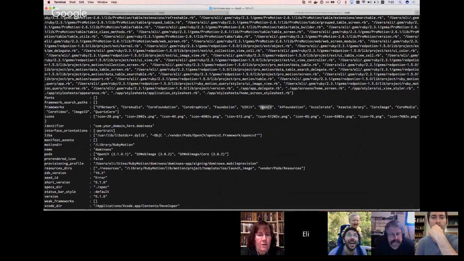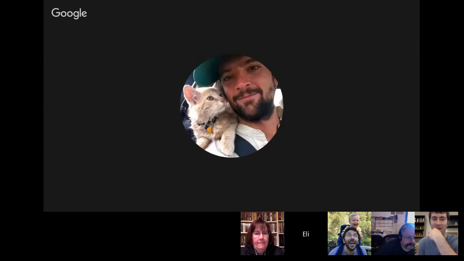Okay, so it seems like I've got OpenCV in there correctly. I don't know if I have to go much further. I mean, it's right here in the libraries. It's going all the way into the framework, including OpenCV too. Well, type OpenCV. Yeah, I mean, what's the next step, assuming that we've